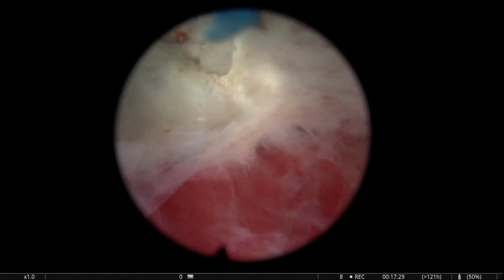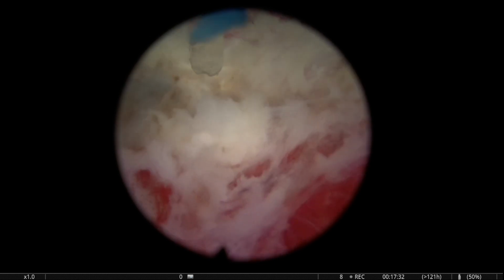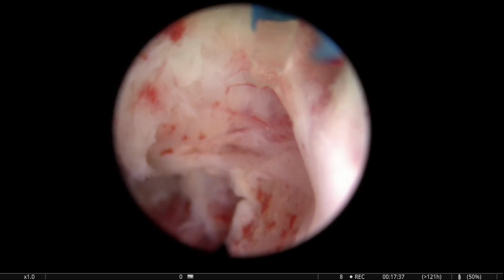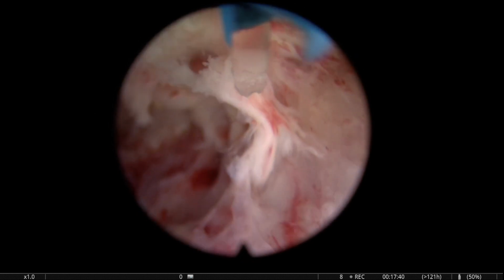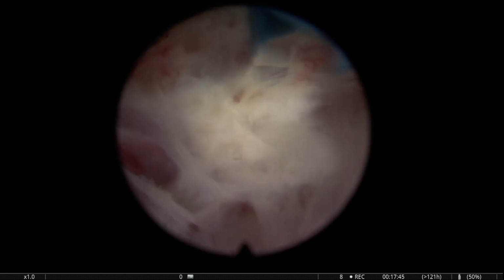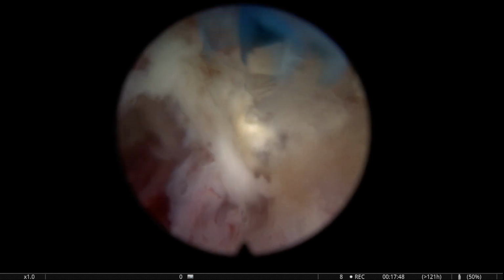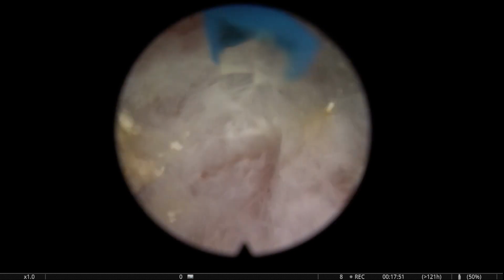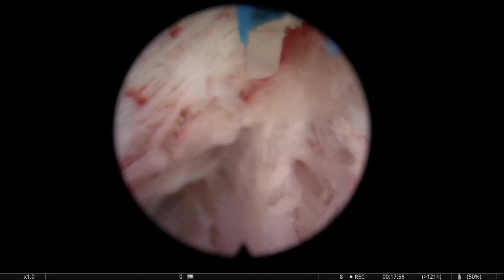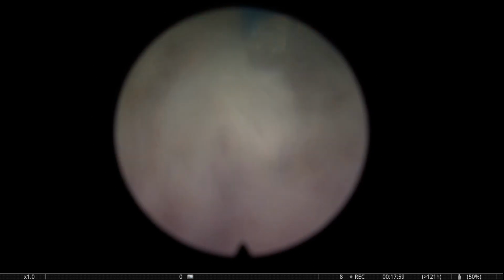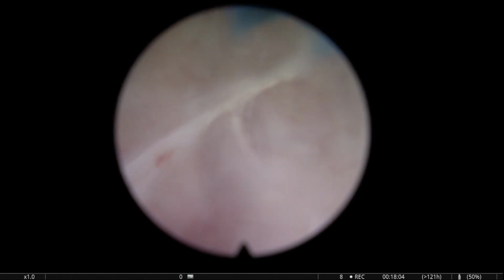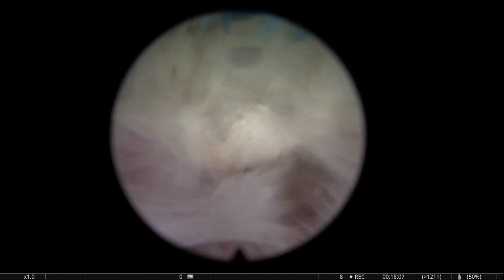Okay, so here you see now how we have this circumferential line around the prostate. I think now we have found a relatively good, satisfactory plane. Some people are not so happy to remove these nodules. I think these nodules have a potential to grow fast after the operation if you leave them in situ, you know. So I tend to take them out always, even when they're close to the sphincter. I tend to be aggressive and try to remove all the BPH tissue, and maybe sometimes a little bit more,